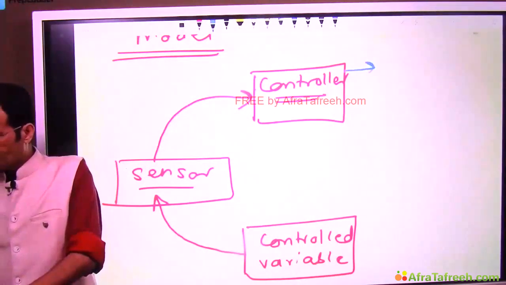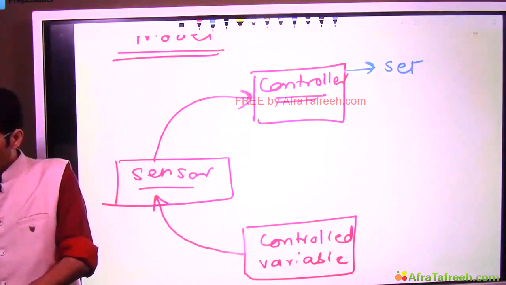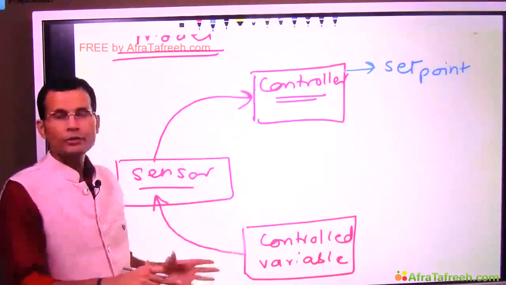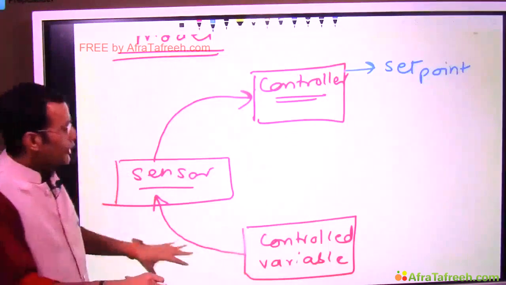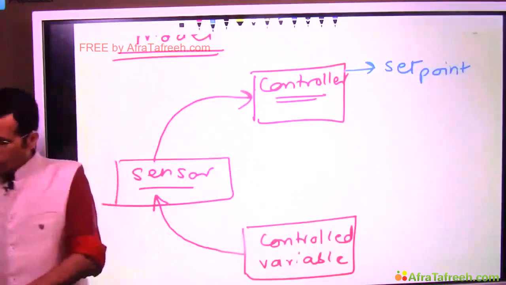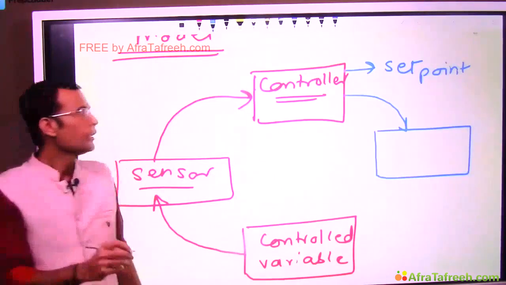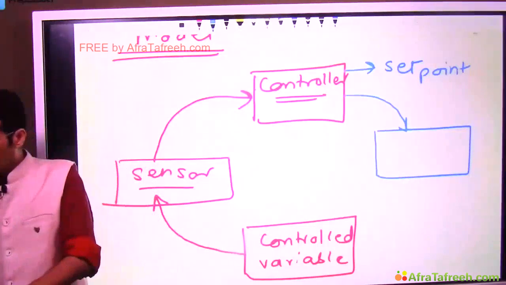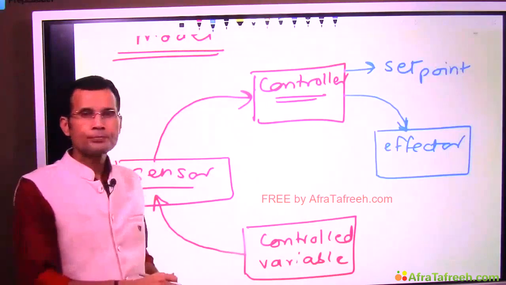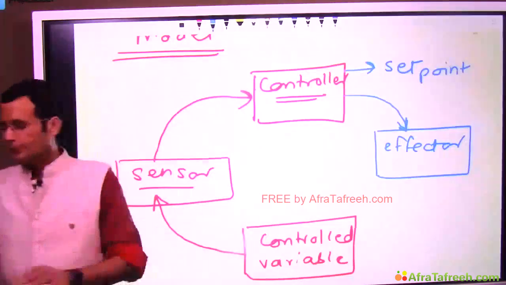The controller then will compare this value with its set point. Already there is a set point which is fed to the controller. So this value which is now sent to the controller, it will compare with the set point, and accordingly, if required, the controller will take the action via the effector organs. So that's the schematic design for all the homeostatic regulatory mechanisms. Having said this,